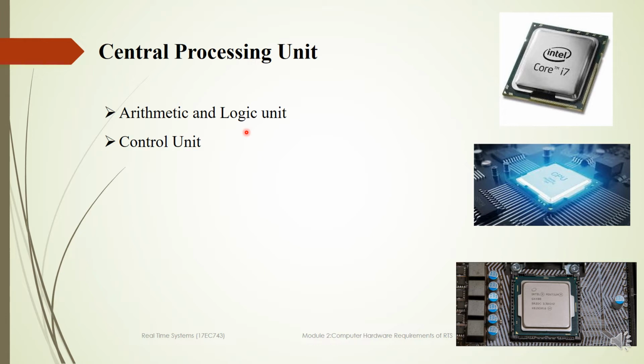Most of the computers we are using now have CPUs with various general purpose registers, maybe up to 256 registers. Why are these registers required? In order to store intermediate results, so computations can be held in the CPU without the need to access main memory, thus giving faster processing. So that's all about the arithmetic and logic unit.